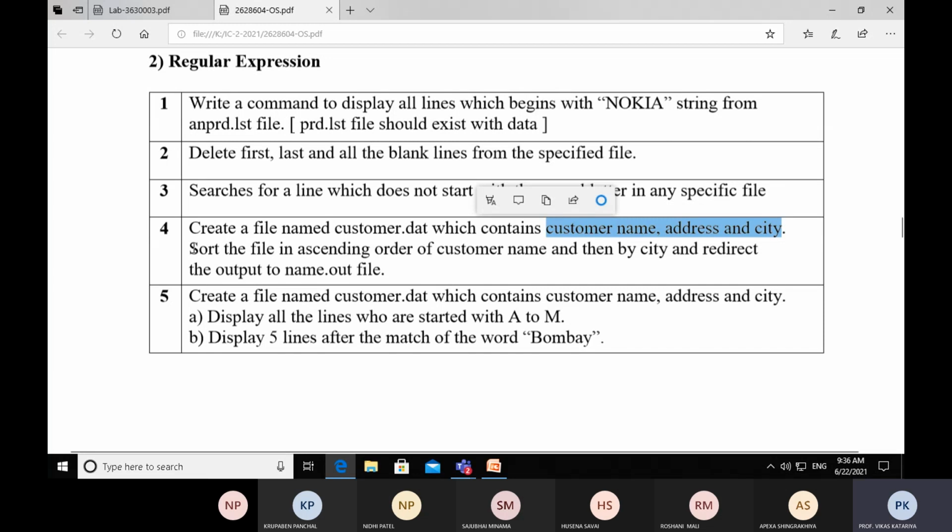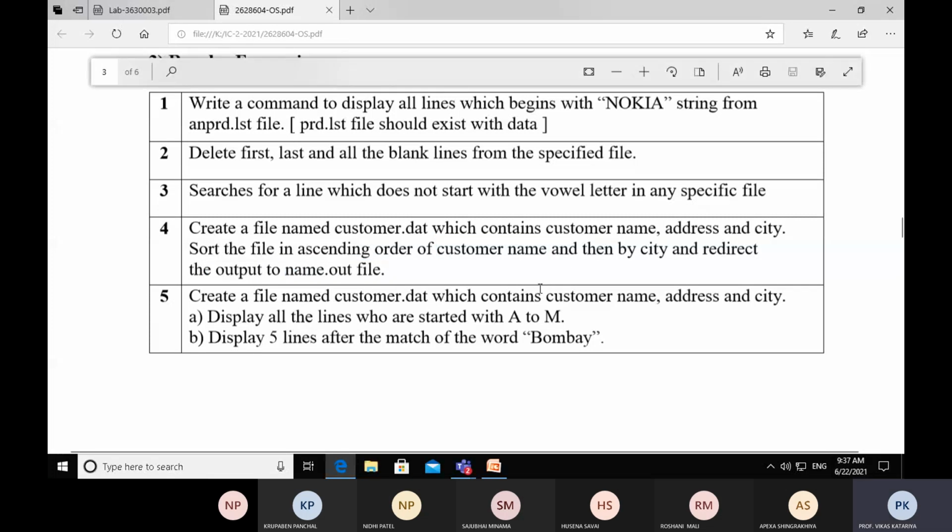Now the question is, sort the file in ascending order of customer name and then by city and redirect the output to name.out file. So here we have to perform two or three things. First, we have to apply sorting based on customer name, in ascending order.